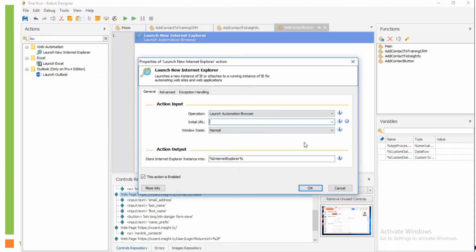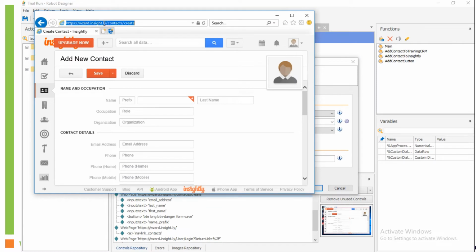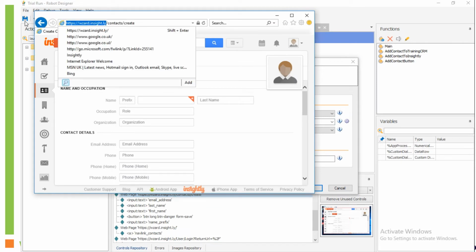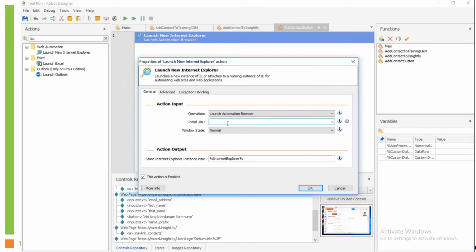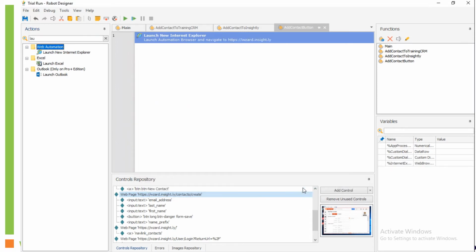And we need to give this the HTTP address, which is, I'm going to copy, I think, to make sure I get that right. So, okay, that. So that's now opened Internet Explorer, and it will be on the very first page, the login